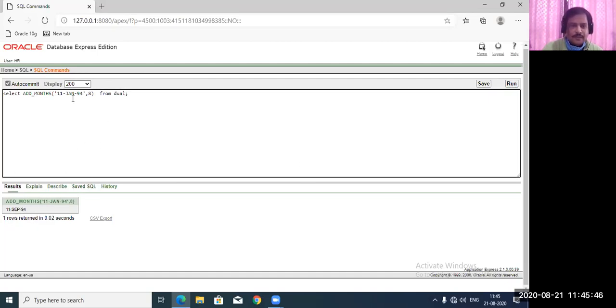So now this function takes a date and displays the next date after adding whatever number of months you specify. You have to remember each and every SQL function, especially what the parameters of that function are and what the return type is, because these are all functions, so they must return some value. Which type of value must it return?